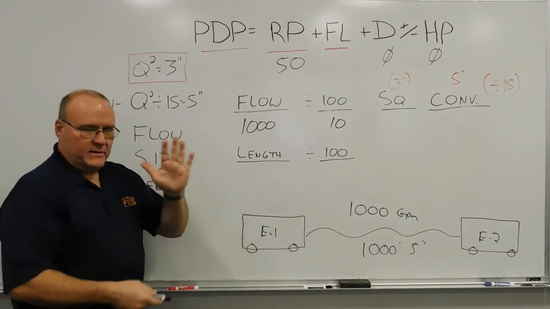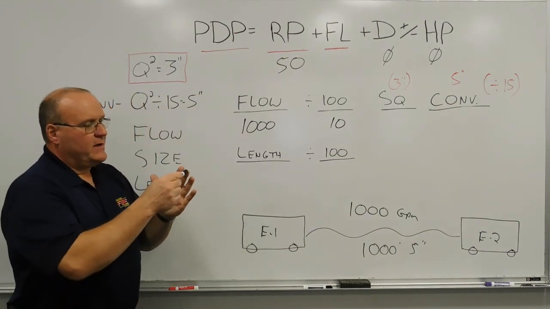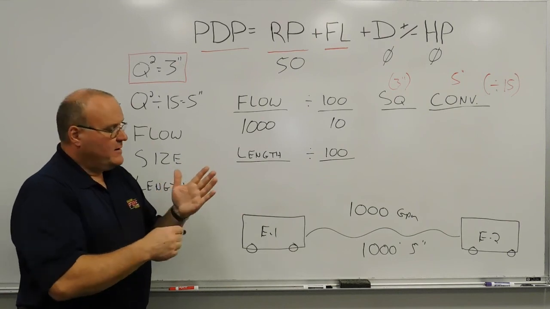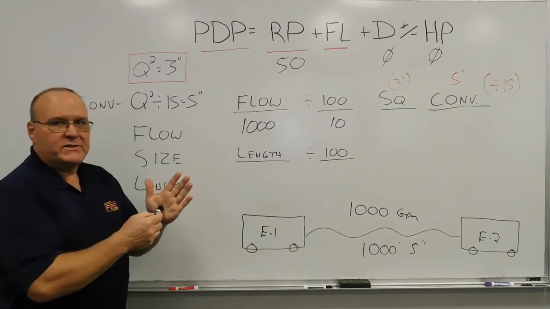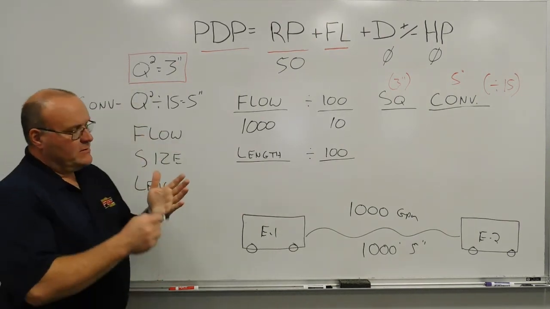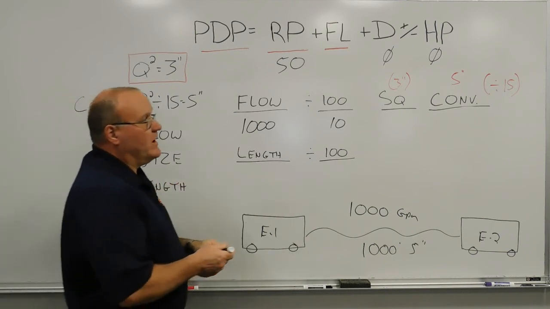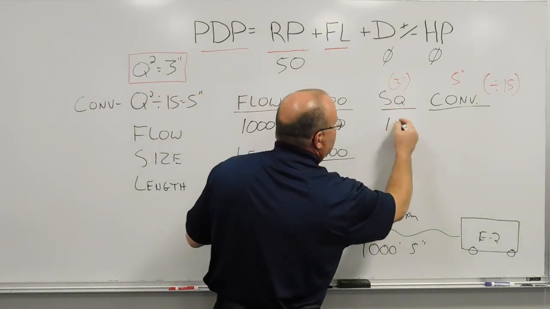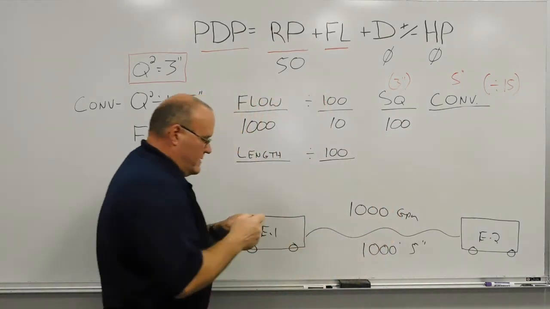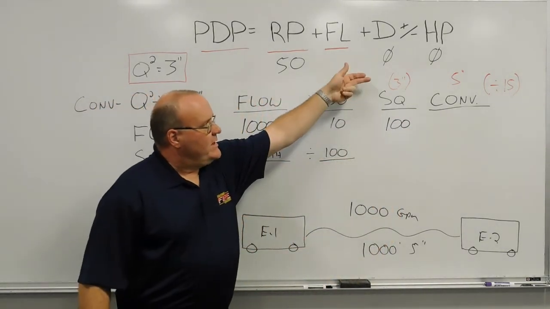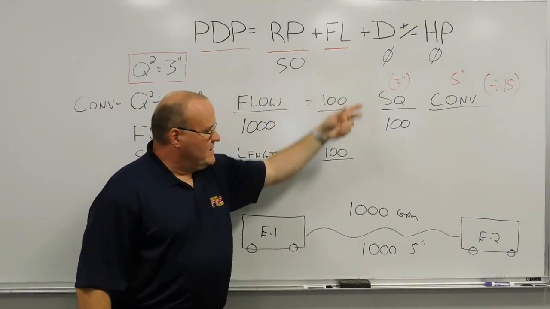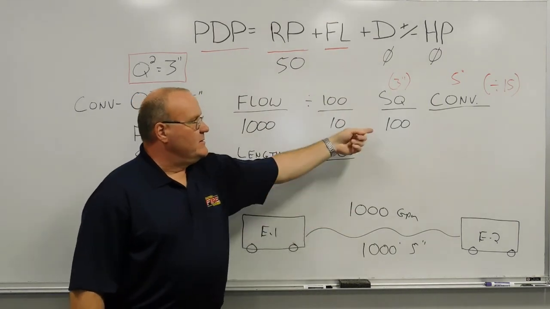And that is on our hand method here. 600, 700, 800, 900, 1,000, 10. Our memory jogger at the bottom with the multiplication sign for the Q squared. So 10 times 10, that would give me 100. So the squaring method would tell me that for a 3-inch hose, every 100 feet, flowing 1,000 gallons a minute, there's about 100 pounds